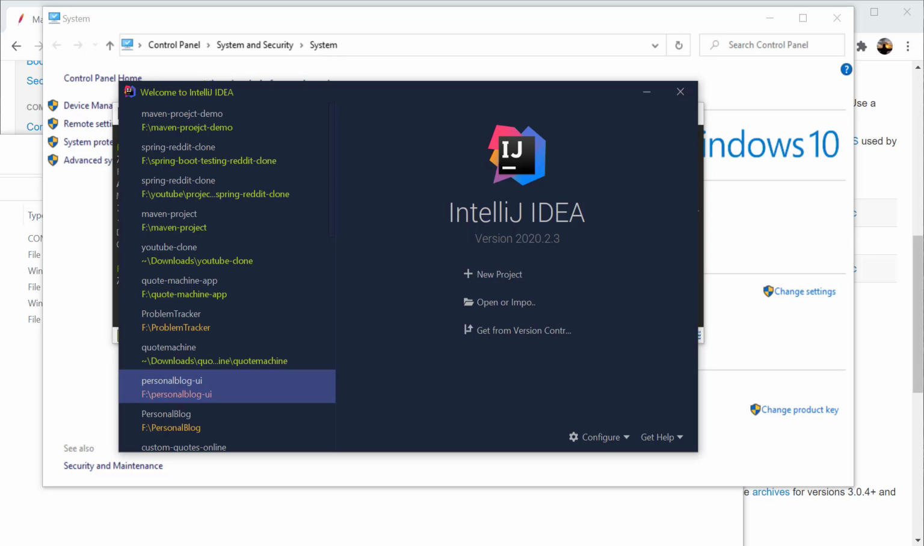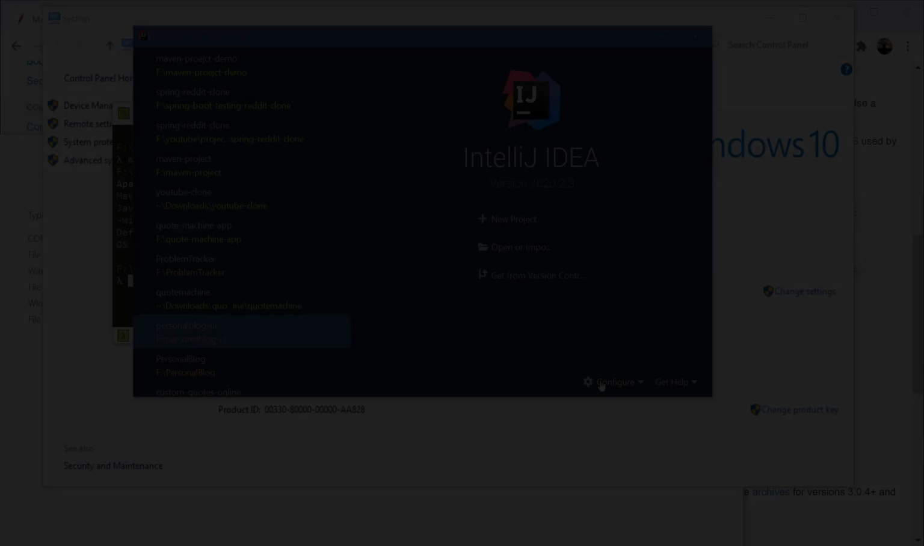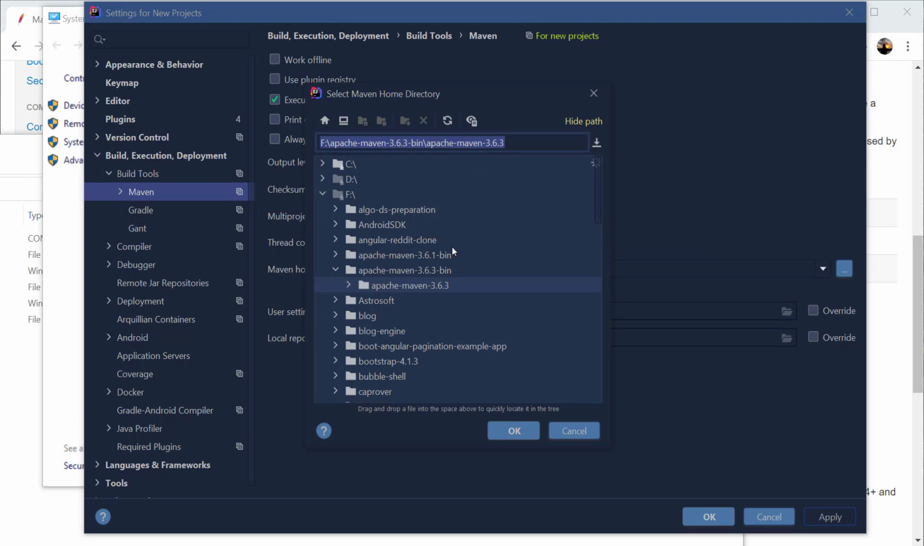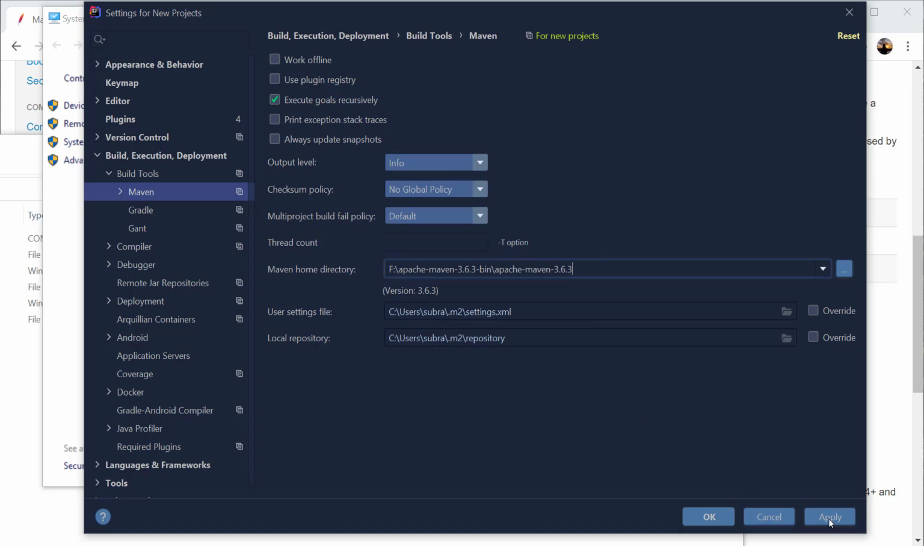In the IntelliJ welcome window, I'm going to click on configure, and after that click on settings. Then you will see a new settings window, and in there search for Maven. Here you can see the Maven home directory. It is pointed to the bundled Maven 3 installation. You can change it by clicking on the button to the right of this drop down and selecting the Maven installation directory. Once this is done, you can click on apply and OK, and you have configured Maven into your IDE